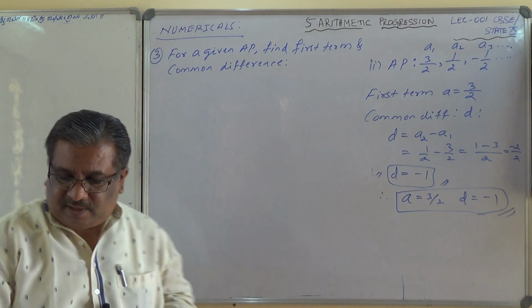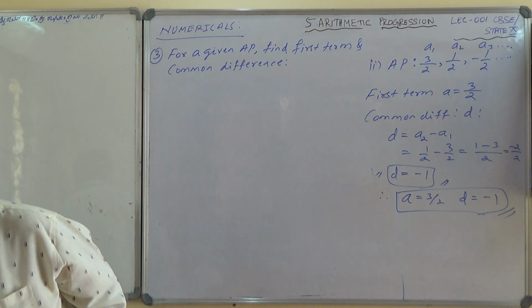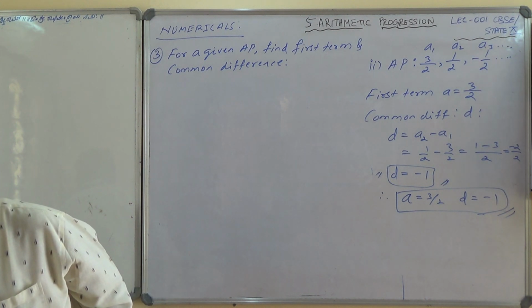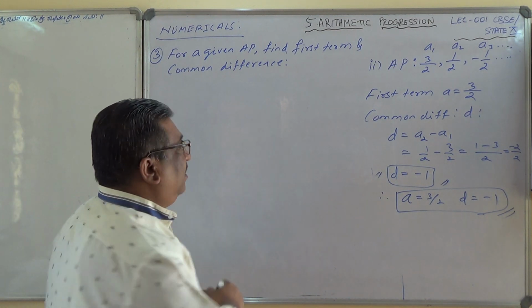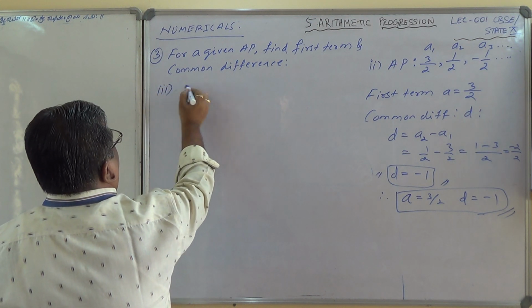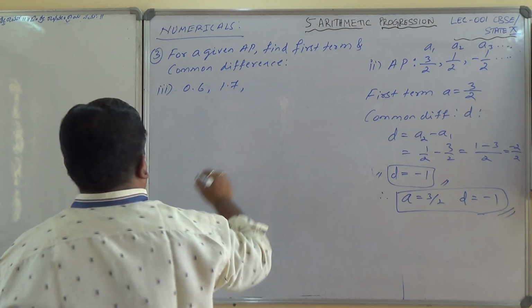Just a moment, I will set the textbook. Yeah, 0.6, 1.7. Third one: 0.6, 1.7, 2.8,